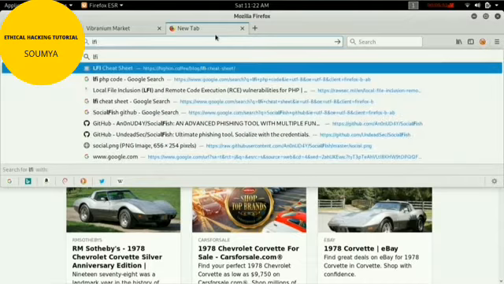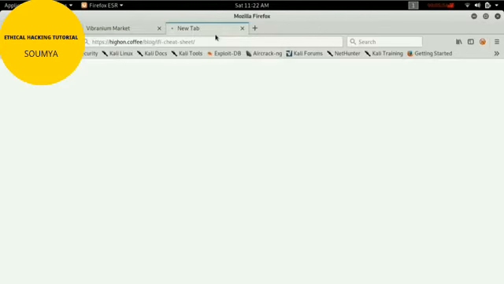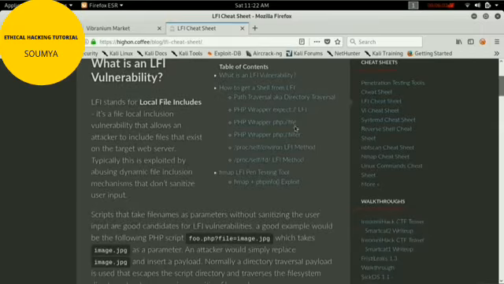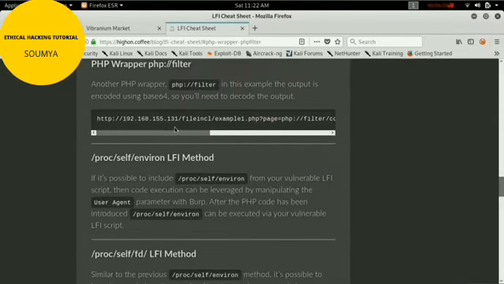PHP LFI, PHP shell cheat sheet, I think so. Sorry for my internet, it's a little bit slow. Okay, there are many LFI vulnerabilities. Let me try the filter option.